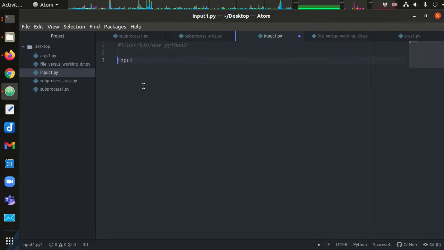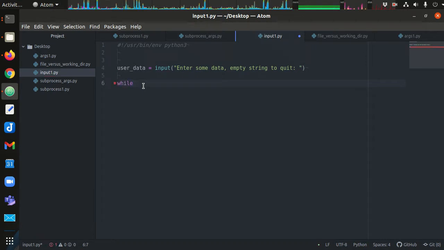So we're going to get some data. User data, and we're going to get that from the input command, and we're going to say "enter some data, empty string to quit." Okay, we leave a little space here so the presentation is nice. When it asks us this, we can say while user data